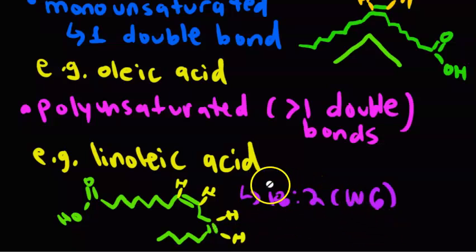And the 18 refers to the fact that linoleic acid is an 18 carbon molecule. 2 refers to the fact that there are 2 double bonds, each giving a kink to the molecule, right? There's 2 kinks, 1 kink per double bond. And the omega-6 refers to the fact that the double bond is on carbon 6 from the methyl group, if you were to say that carbon 1 is located on the methyl end, okay? So linoleic acid is an omega-6 fatty acid,